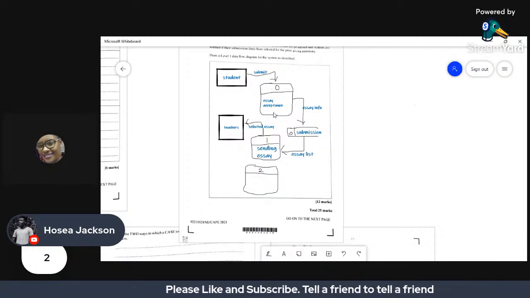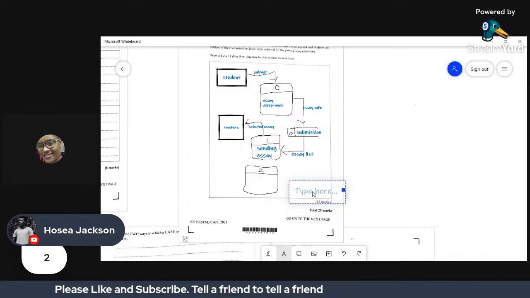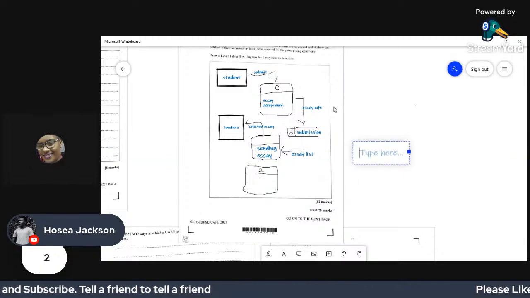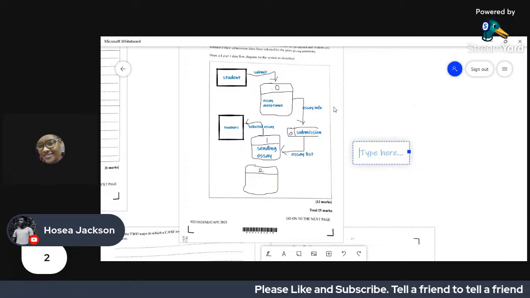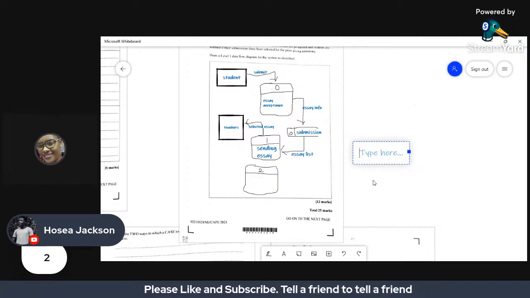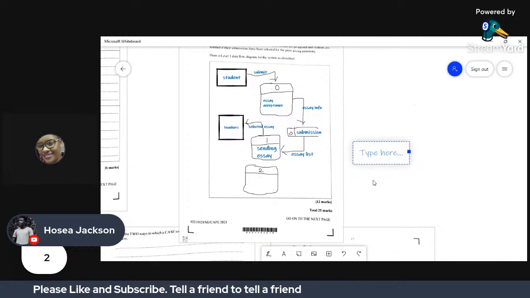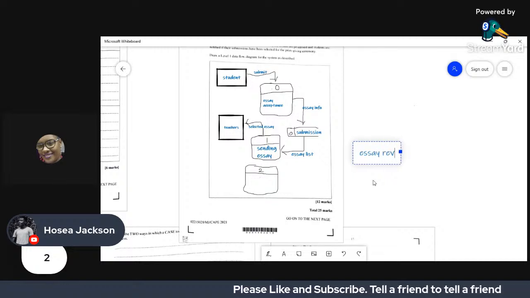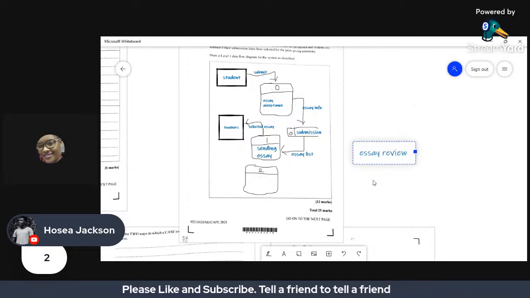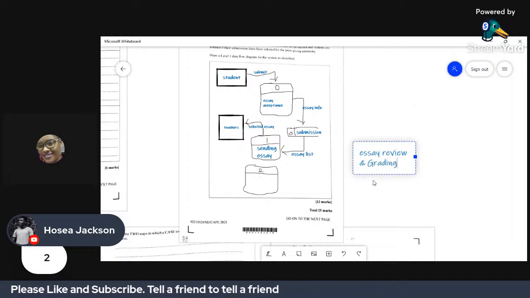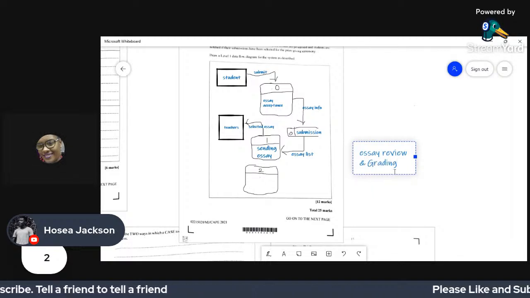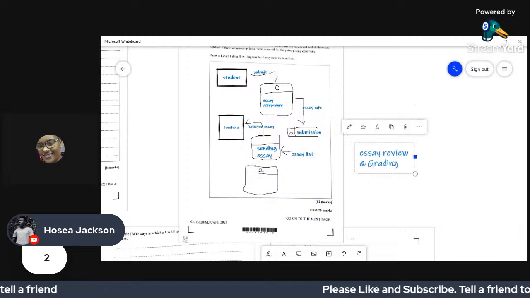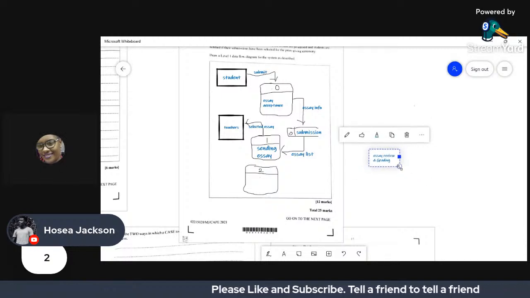All right. So look now. So we need a different process. This process you will have to name. So in this process, what we're going to do is that we need to produce results and basically notify students, or you can name it essay review. I'm going to name it essay review and grading. Review. All right. Let me minimize that to go in my little box.